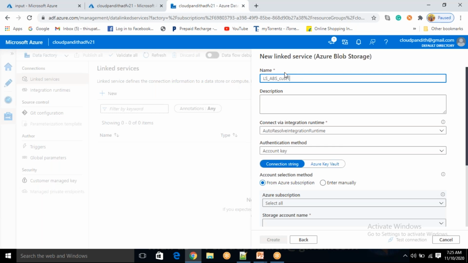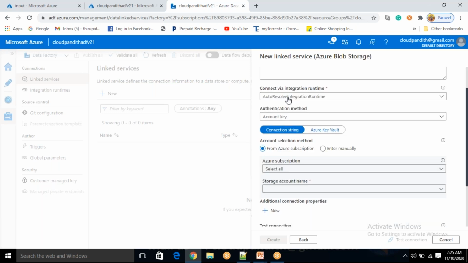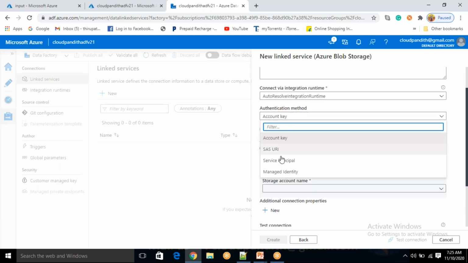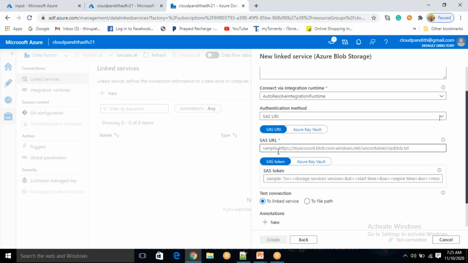Cust1 storage. Okay, you can say first one. We know we are going to connect to this by using Azure integration runtime, and the account key I am going to use, but you can use the SAS URI and other things as well. Now, if you'd like to see how you can use SAS URI, let's do today. Okay, let's go with the SAS URI today.